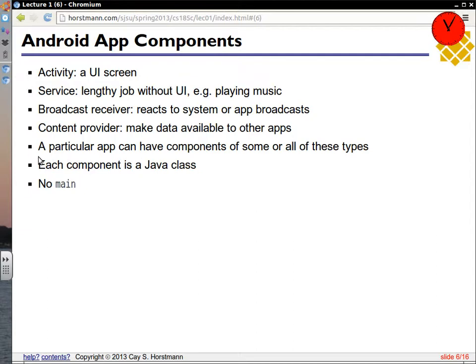You can install a broadcast receiver in your app. That's something that just sits there listening for system events. So for example, again, a podcast player might be a good example. When you yank out the earphones, the system event gets fired, and you might want to listen to that because then you might want to stop playing. When I take out the earphones, a good podcast player would want to pause. Or when the phone rings, for example, the podcast player would also want to stop. So that's done with the broadcast receiver.